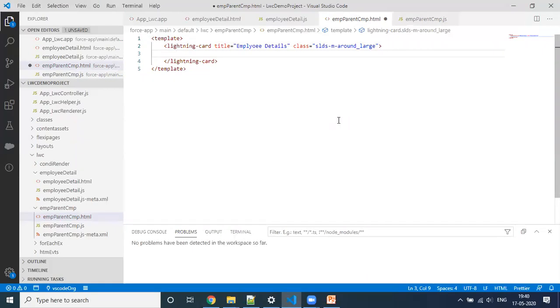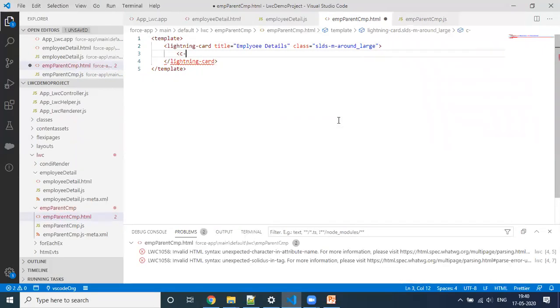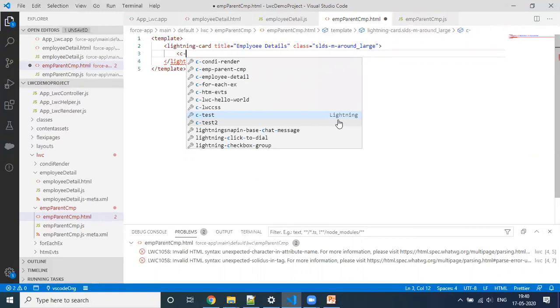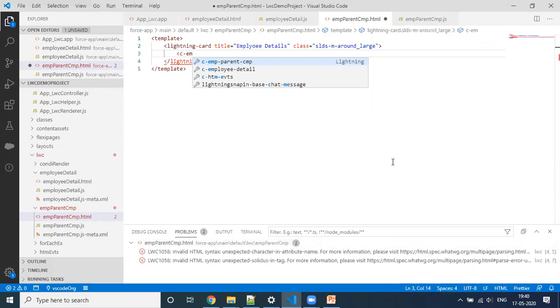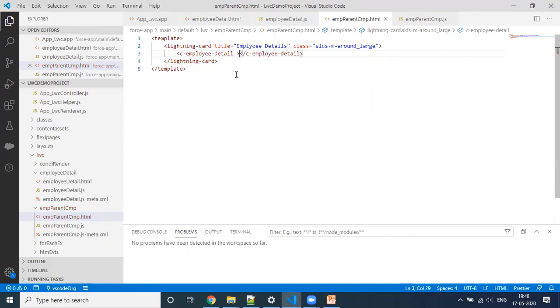Okay, so what I'm going to do here, I'm going to use the same one here also. And inside this, I'm going to call this component. To call that, we have to define the namespace and then a hyphen, and you can just type there and you will get it. So this is like employee details. If you observe here, this is the kebab case.